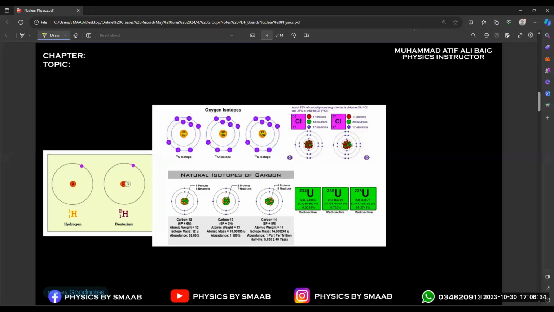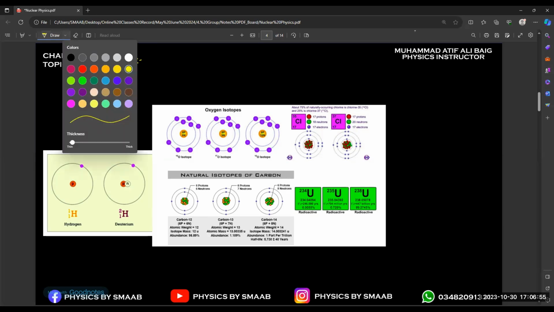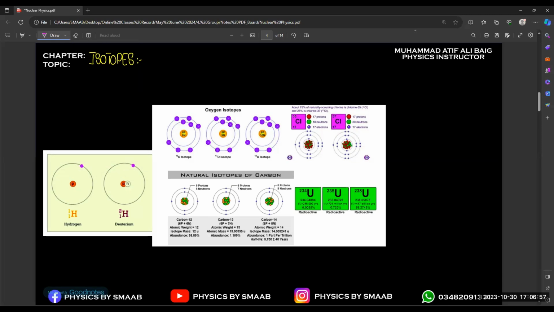We are going to start with the concept of isotopes. And I hope most of you already know about the concept of isotopes, right? Yes, sir, I've heard of it already, because most of you already studied it in chemistry. But for those who don't know about isotopes,